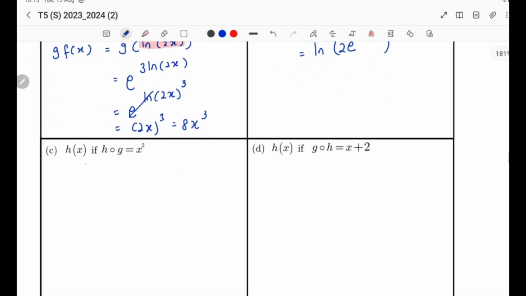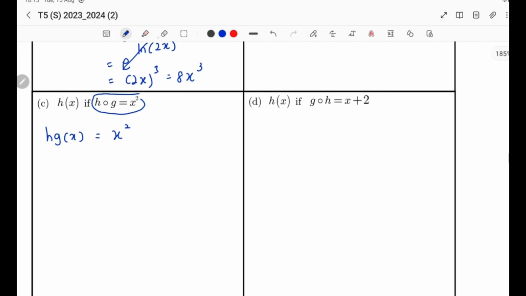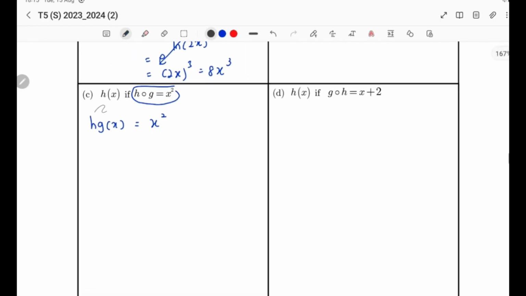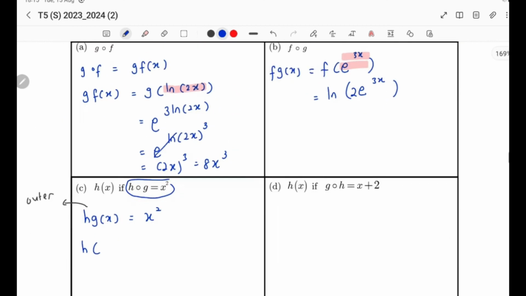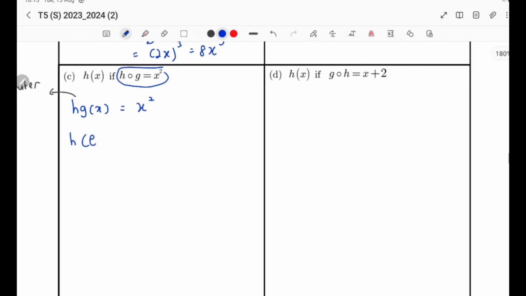Next, C. Find h(x) if h of g(x) equals x squared. So this is the composite function, h of g(x) equal to x squared, and the unknown function is the outer function. We don't know the outer function. So if we don't know the outer function, we need to substitute our g(x), which is e to the power of 3x, and make it equal to x squared, and then